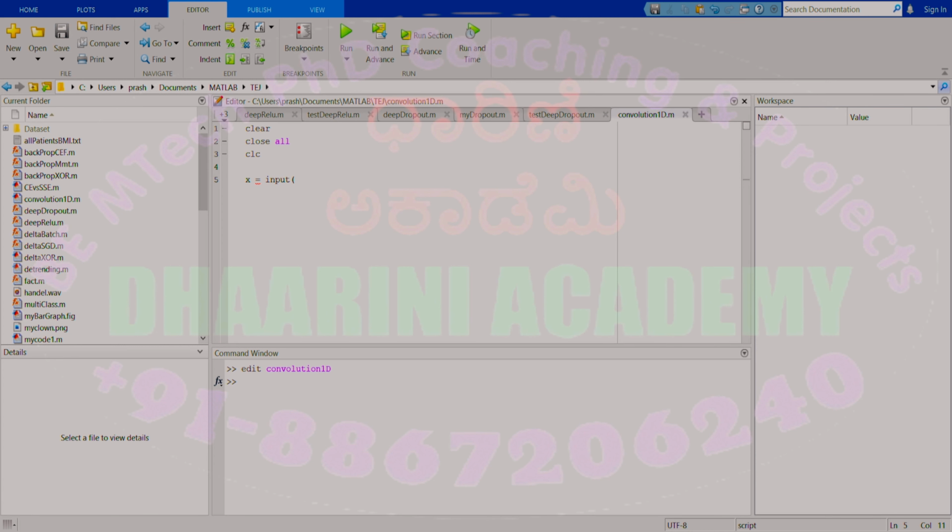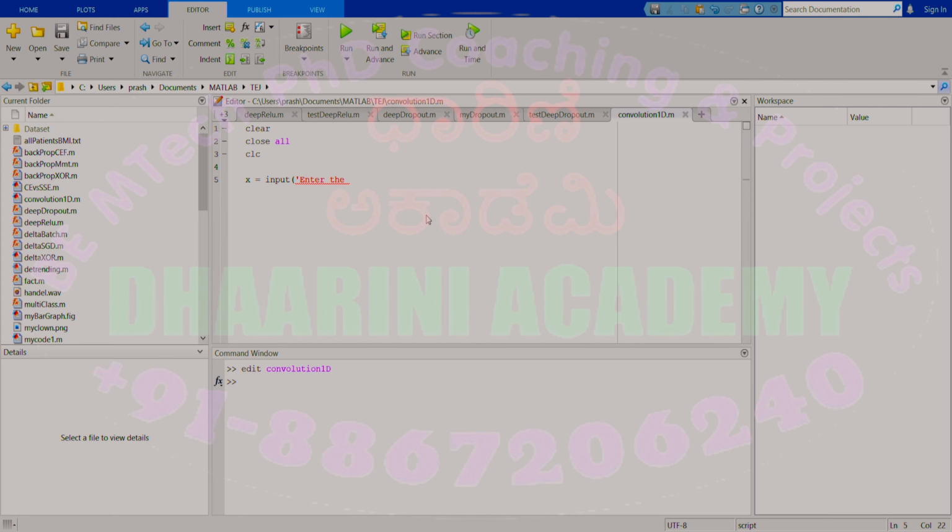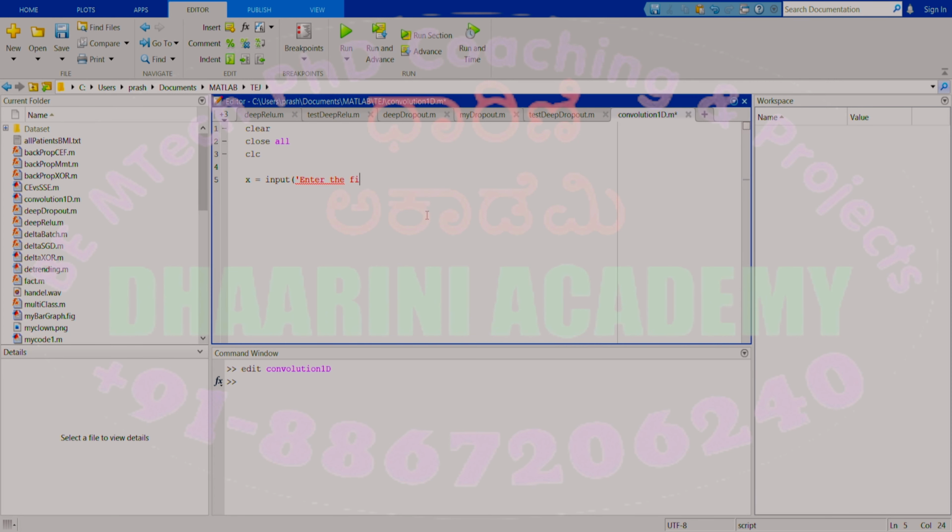You're asking the user to enter something. So you know how to do that, right? So input, enter whatever you want to ask the user. So enter the first function. Okay, so then anyway, I want to go to the new line. That's why I know that the new line character is \n. This is what will be displayed. Then the second sequence, I'll call it as h is equal to, once again, input,